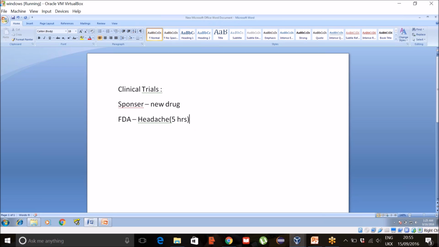Or it should take 5 hours. Then only FDA will approve. If it is taking more than 5 hours, then there is no use, right, in releasing it in the market. So the sponsor has to prove